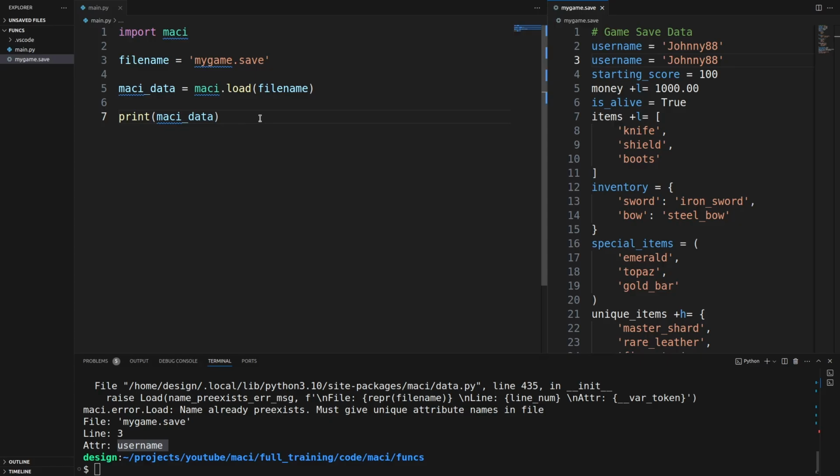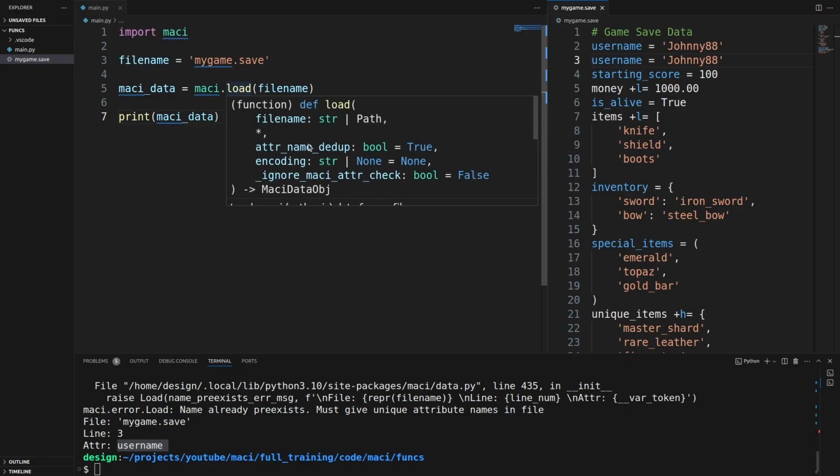Now you might be thinking, that's kind of stupid. I wouldn't want that experience. But let me just give you some assurance. The chances of creating that name is going to be next to none. It's a very long name, and it's very unique to maci. But if you ever do encounter it, and if you absolutely need that name, you can totally turn this off